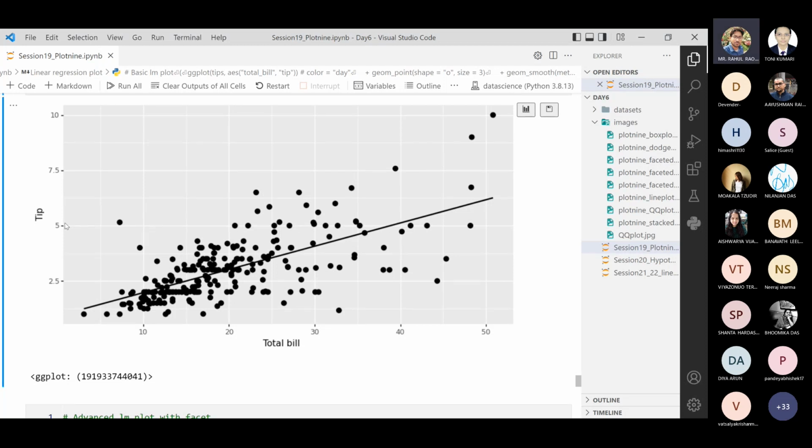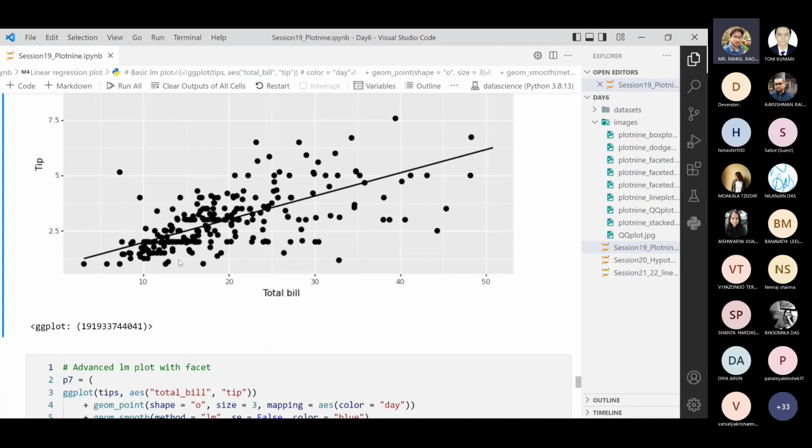So this line will be estimated based on a concept used for optimization, for finding this best fit line, known as ordinary least squares, OLS. It minimizes the distance. Because what would be the best guess if I didn't have this line? The best guess would be the average of the tip. So if I ask someone what the tip would be if the bill is 30,